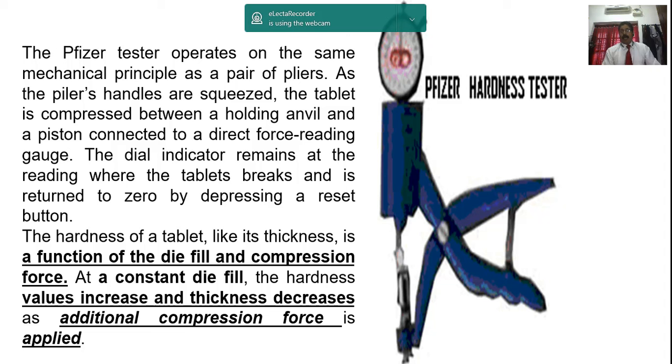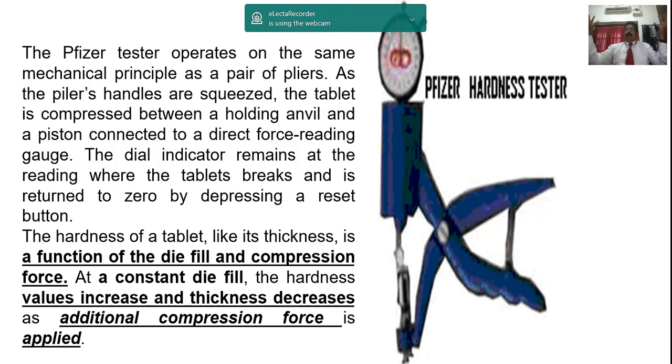And then it will make it into a tablet, and the lower punch will eject, and the tablet will be removed. So what all is happening here? Filling of the die. For example, how much amount of powder you have added. Understand? If you add more, when you give pressure, the tablet will become hard. Because the quantity is more, your pressure is more, so it will become harder. So that is why they have said the function of die fill and compression plays a major role in hardness.